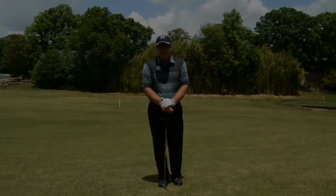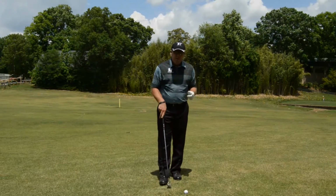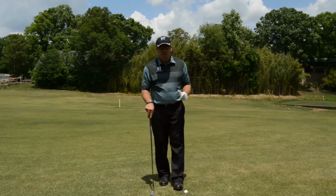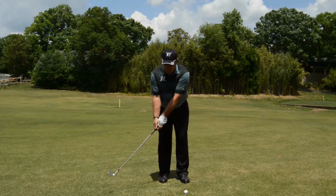tempo of the swing. So I've found the best way to eliminate that and to hit better, more controlled pitch shots is to think about a clock. It's a real simple concept. It's been around forever. I haven't invented it, but it's a really good way to minimize the amount of load